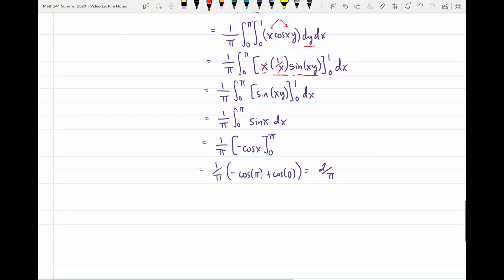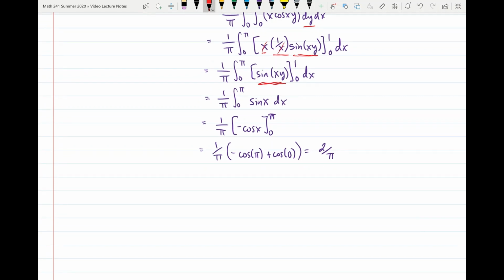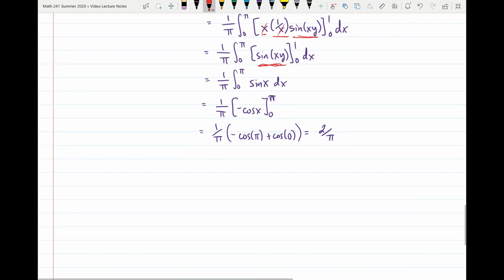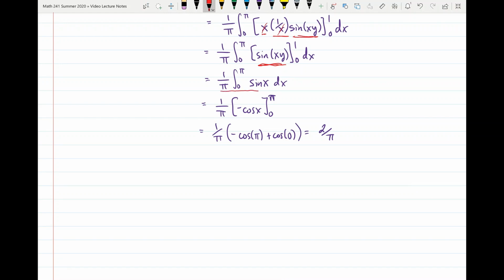And so we get just this sine of xy evaluated from 0 to 1. So we take 1 and we plug it in for y, and that gives us a sine x. And if we take 0 and plug it in for y, we get sine of 0, which is just 0. So it reduces to 1 divided by pi times the integral from 0 to pi of sine of x